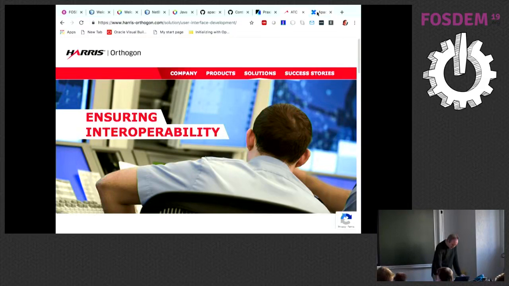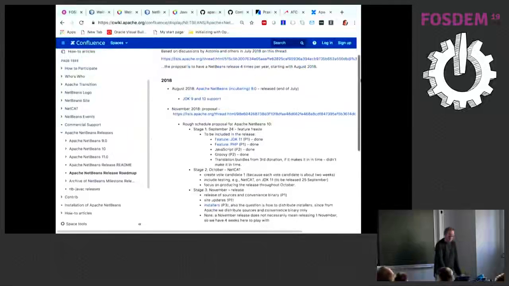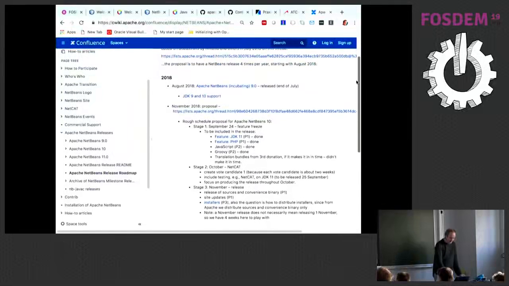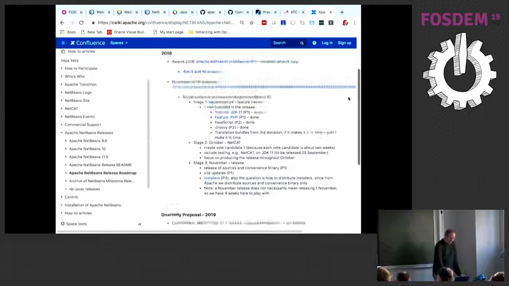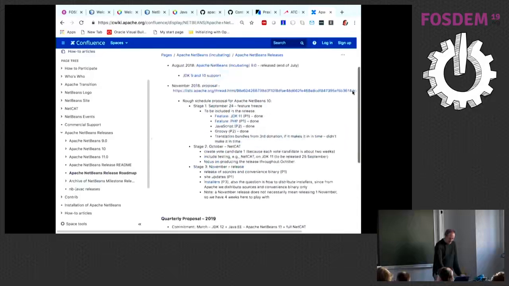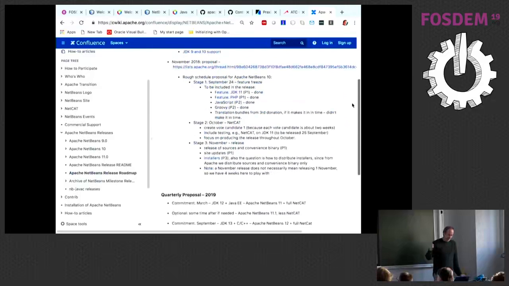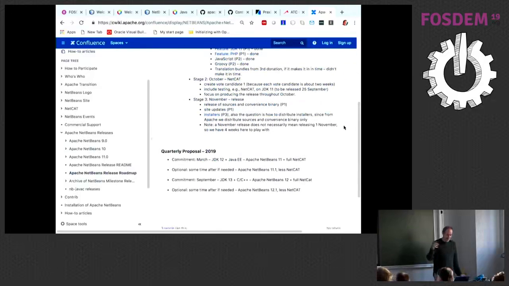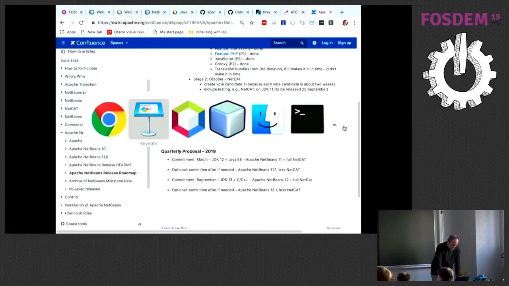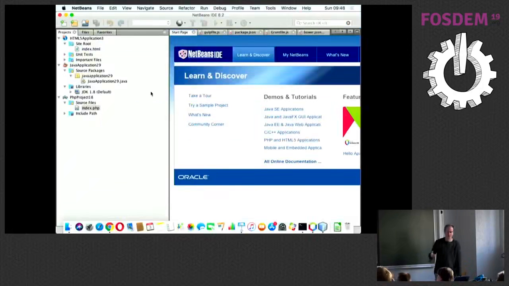So yes, I mentioned the roadmap. We released Apache NetBeans 9 in July, August last year, and we released Apache NetBeans 10 in December. We have coming up the next release in March, which will support JDK 12, but also will include for the first time our enterprise modules. And the next release after that will include the C++ modules in September. That's what we're aiming for. And in between, we might have some other smaller releases. One small thing before I switch over to Jan's demonstration of some new features.